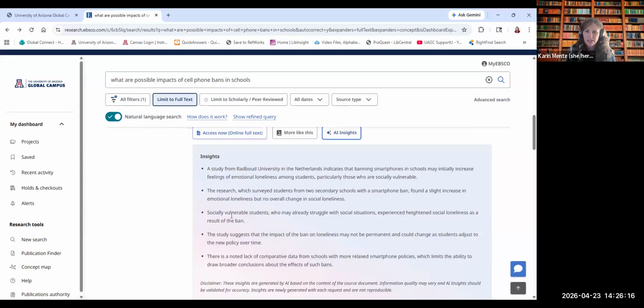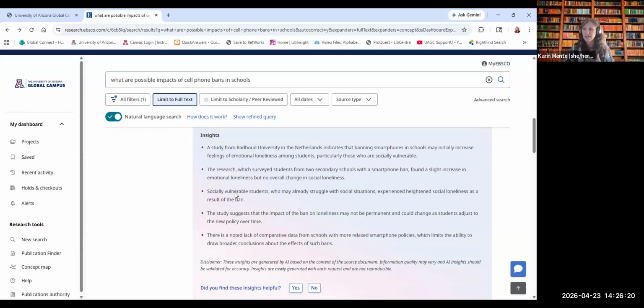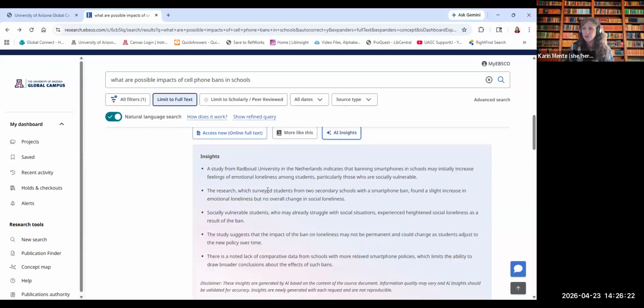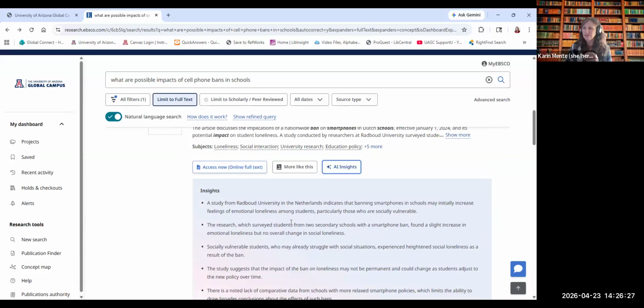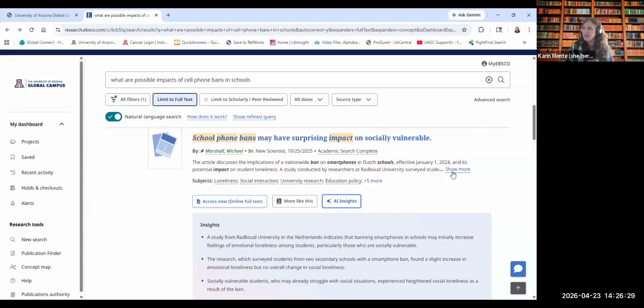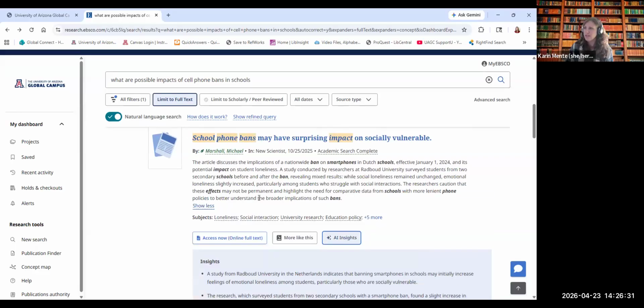This is a big time saver, obviously, when you're going through your pages of results, trying to see if one of these articles might be relevant to what you're reading. So this is just a little snapshot. It's a little bit easier to digest than the summary that's been provided in the database.